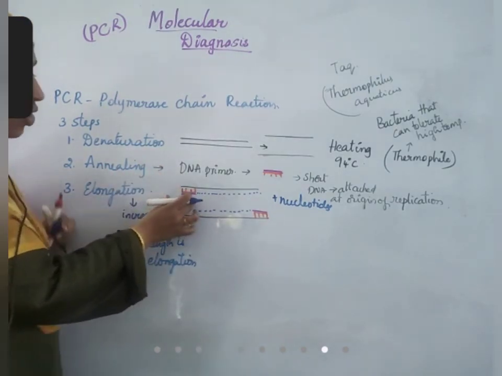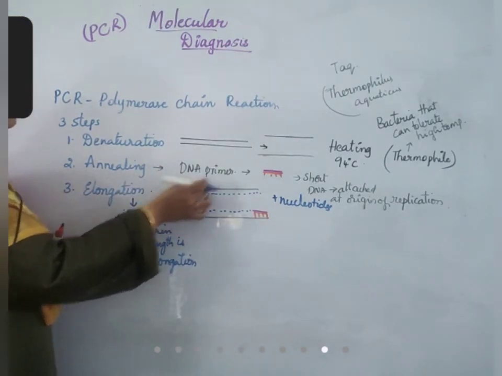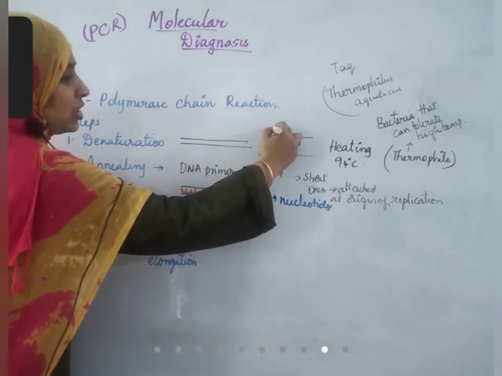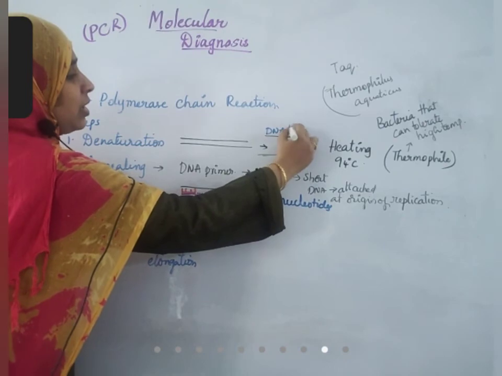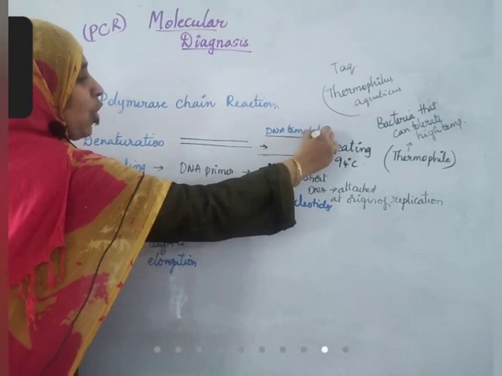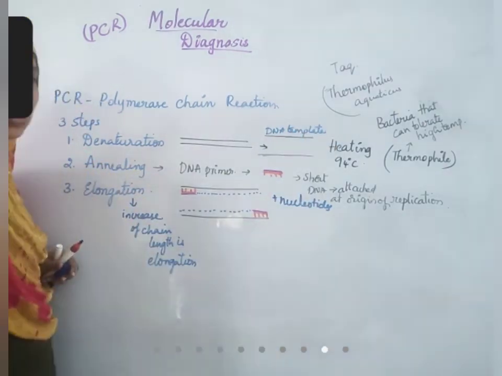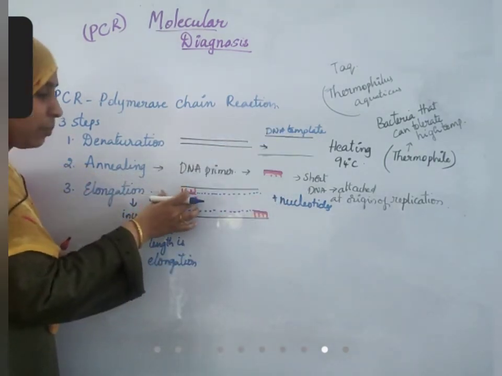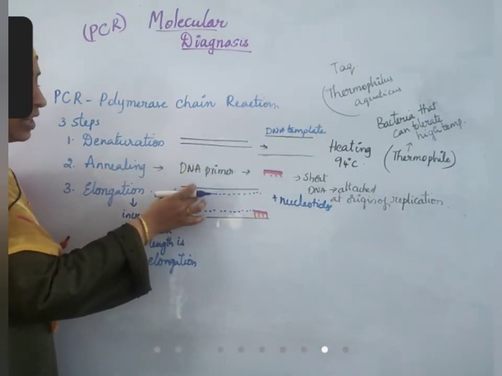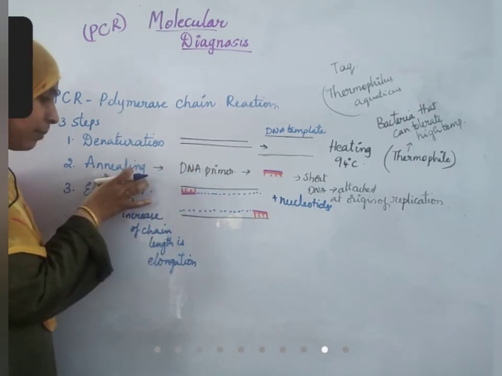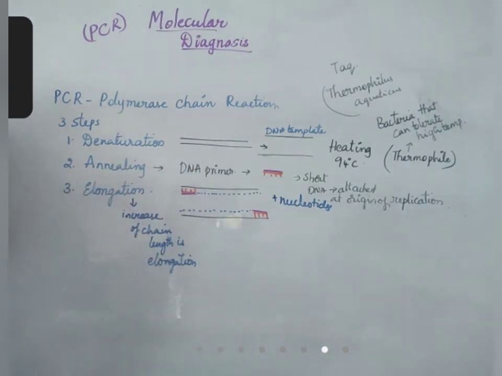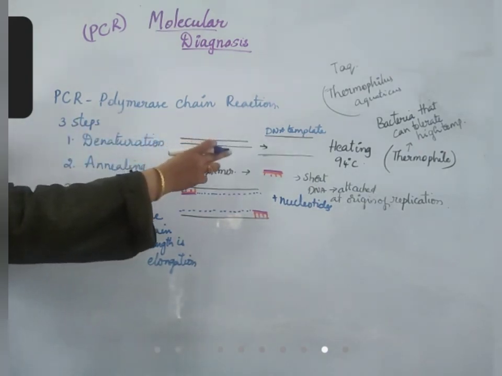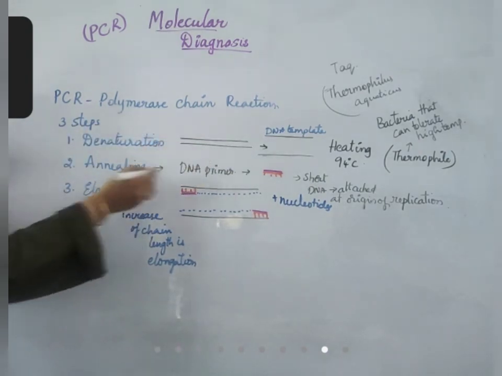Annealing is a process of combining DNA primers with the DNA templates. This is the DNA template. I told you what a template is. The one on which a new strand is synthesized is always called the DNA template. This is the DNA template. Attaching the primer to the DNA template, radioactive primer to the DNA template, okay, is called annealing. Okay. Denaturation is separation of DNA fragments by heating them.